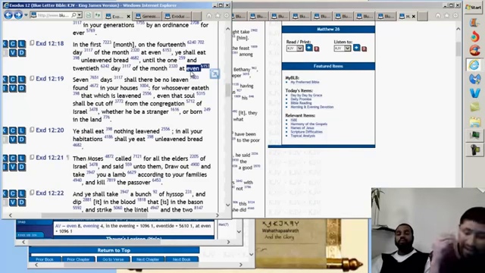So now that light bulb should really be on, man. Despicable Me light bulb, right? So you had the first day of the month, which is determined by the new moon. Seven days later is a Sabbath. The 14th day was the Passover. The 21st day was the end of the Feast of Unleavened Bread.